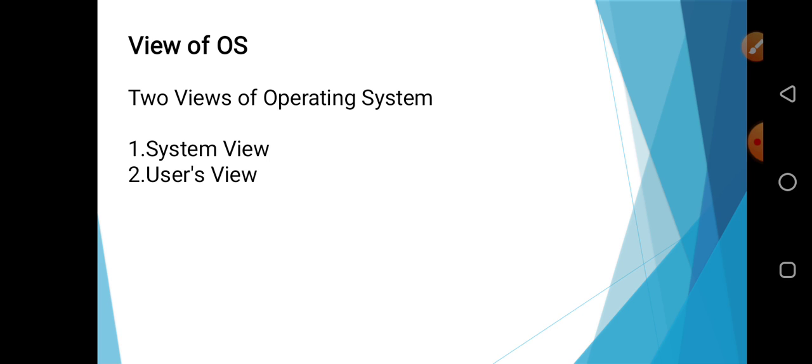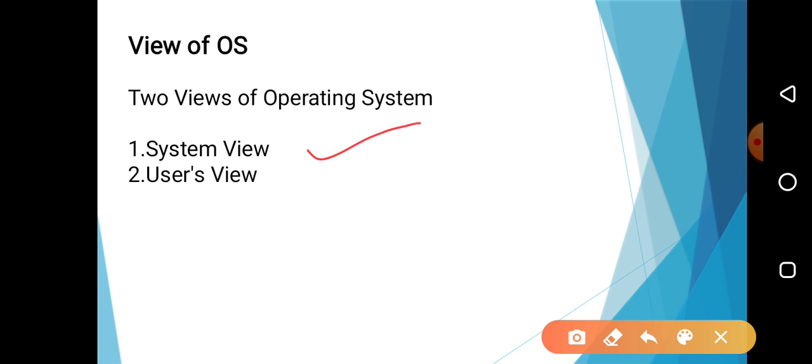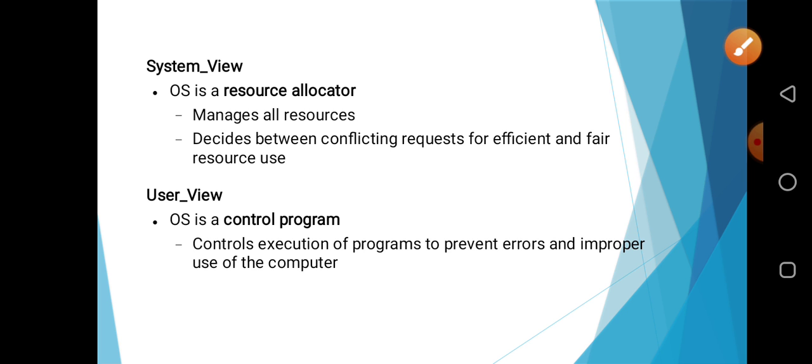Different views of an OS. Everyone has their own point of view. For an operating system, there are two views. The first one is the system view, the second one is the user view. From the system view, the OS is a resource allocator which allocates the different resources, like software resources such as files, applications, programs, and hardware resources like different IO devices. So the OS is a resource allocator which manages all the resources and decides conflicting requests for efficient and